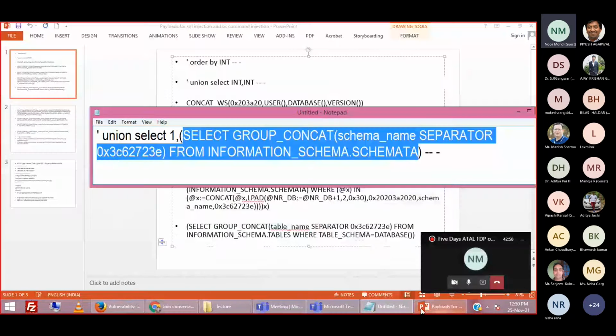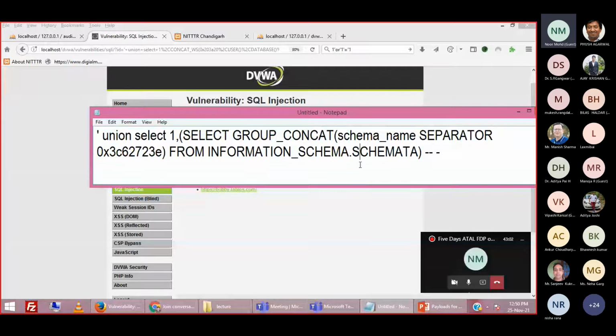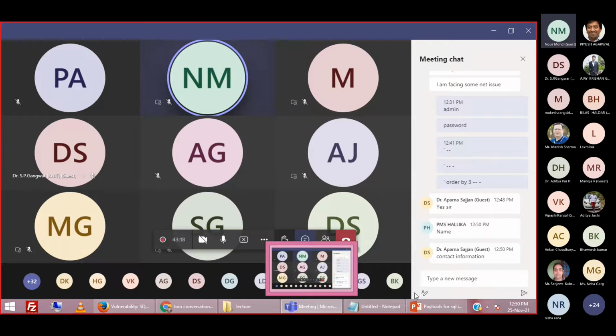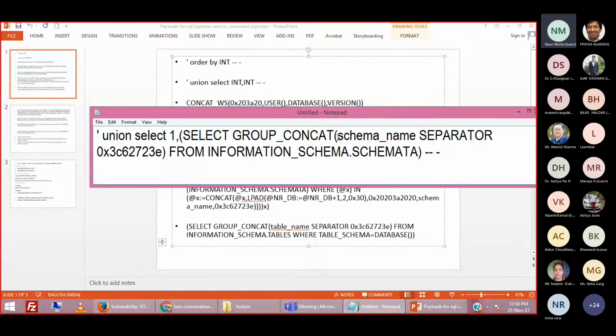Yes, anyone? Contact information, name. It is fetching the schema name, not contact information.